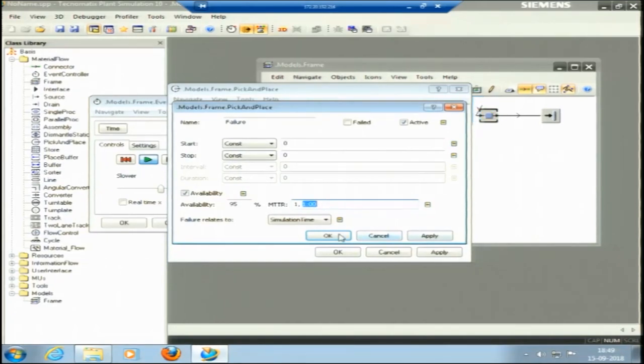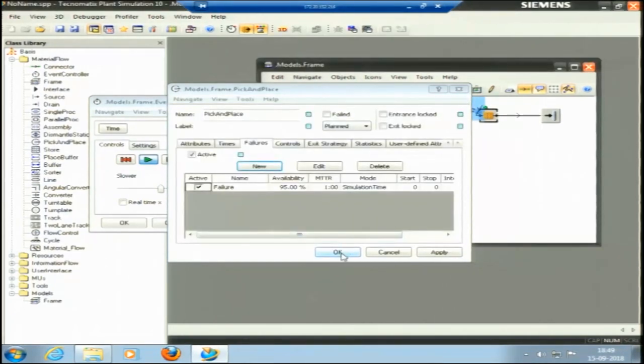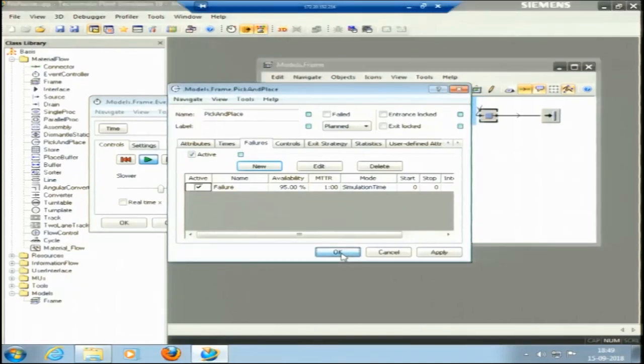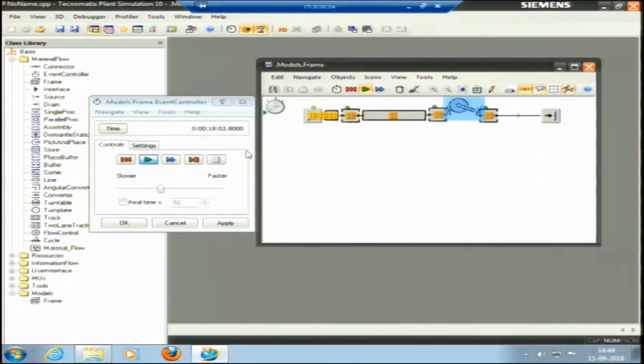Okay. So, these attributes we can select. I will keep it default only. It is still running, it has run for 18 minutes and 28 seconds. So, this is a pick and place robot. So, what I was talking